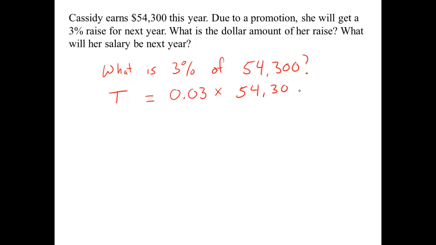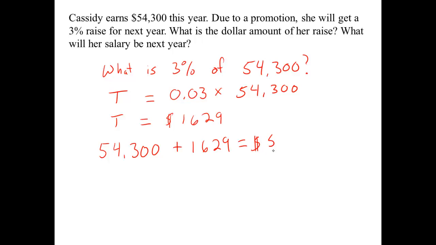So, in order to determine the amount of her raise, we will multiply 0.03 times 54,300. The amount of her raise is then $1,629. In order to figure out what her salary will be next year, we will add the amount of her raise to the salary she has this year. So we will add 54,300 plus 1,629 for a total salary for next year of